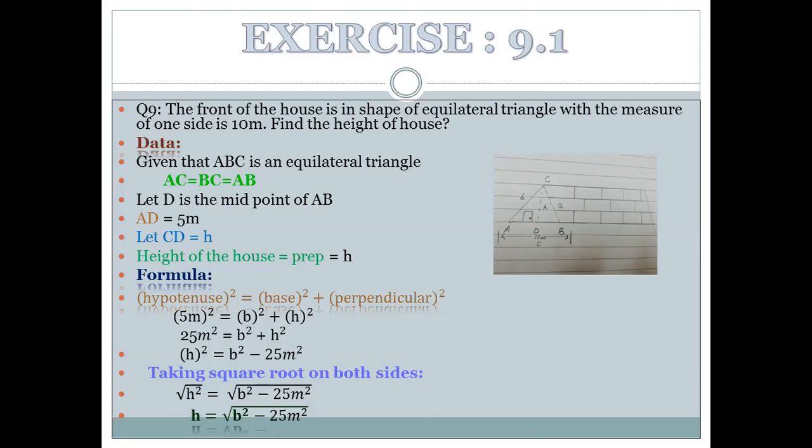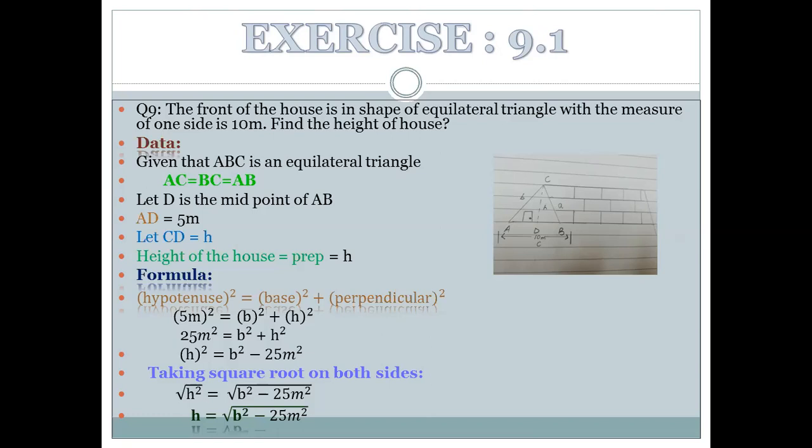Hypotenuse square is equal to base square plus perpendicular square. By substituting the values over here, we have only the numerical value of the base. Base is given 5. By mistake, I write here hypotenuse. Base is given 5 because hypotenuse is b square. So we write here b square is equal to base 5, 5 square plus perpendicular h. So b square is equal to 25 plus h square.